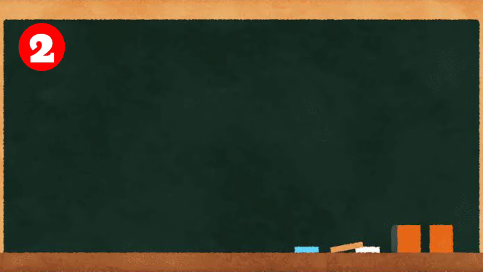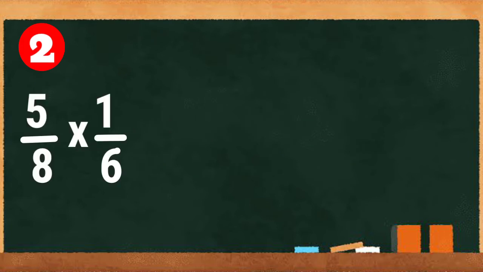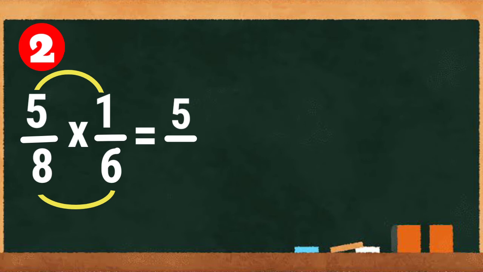So let's have number 2. 5/8 times 1/6. So let's recall the steps in multiplying fractions. Step number 1, multiply the numerators. So what are the numerators? We have 5 and 1. So 5 times 1 is 5. And also, step number 2, multiply the denominators. What are the denominators? We have 8 and 6. So 8 times 6 is 48. So your answer is 5